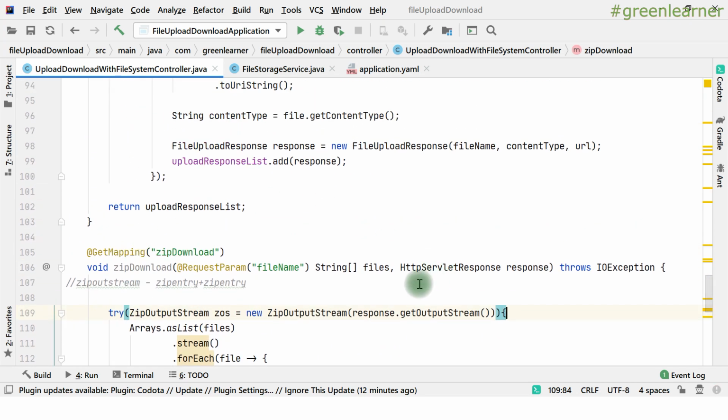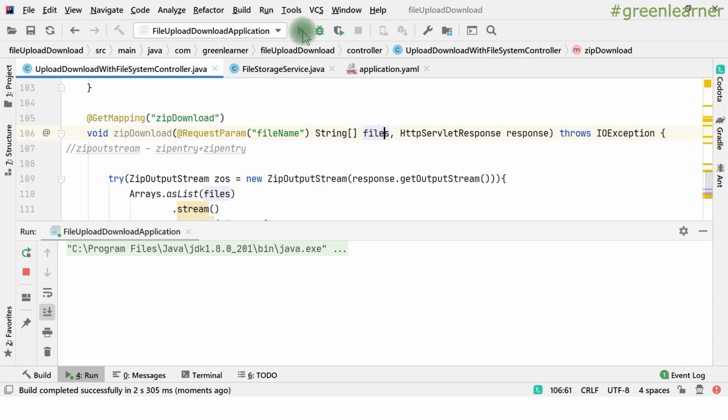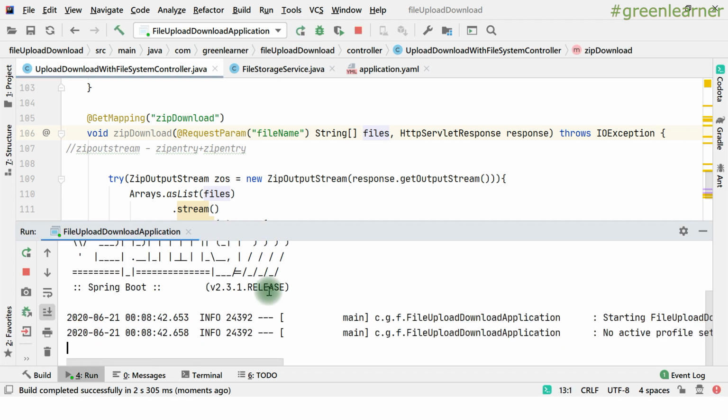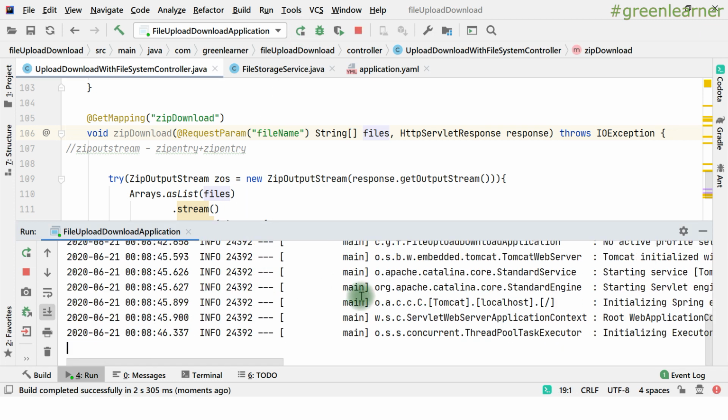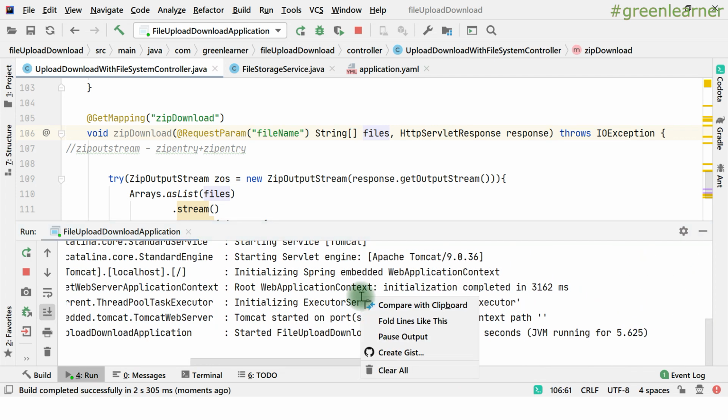So we are ready to download the zip files, right? So let's start the server and start doing this. So see this in action, right? So let's wait for the server. So it is quickly going to start, right? So server started now,